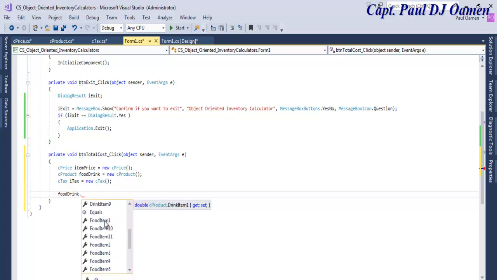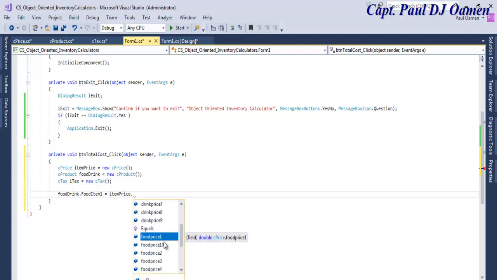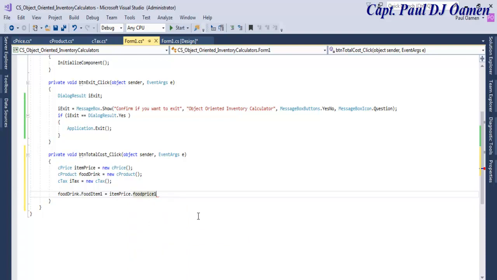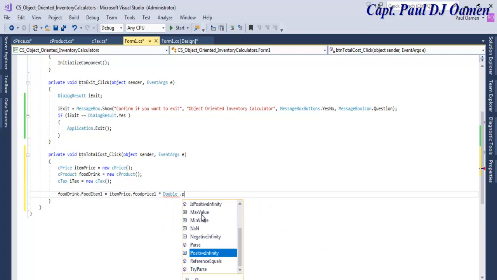Food item number 1 equals the price. Copy that, paste that in there. Dot, that'll be food price number 1. We'll multiply that by whatever we have in there, let's say double dot pass,